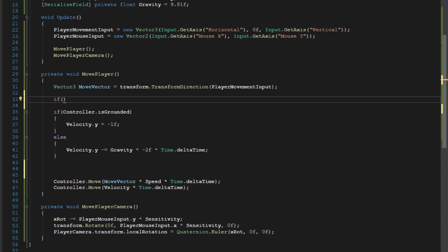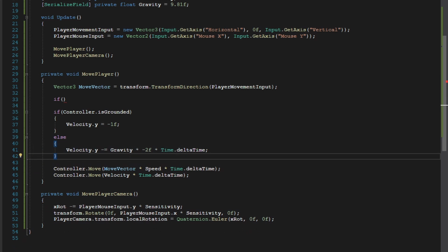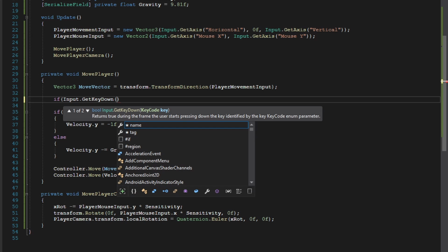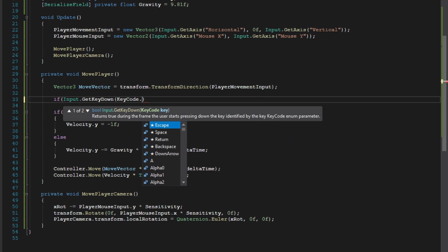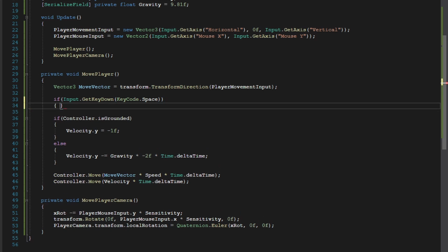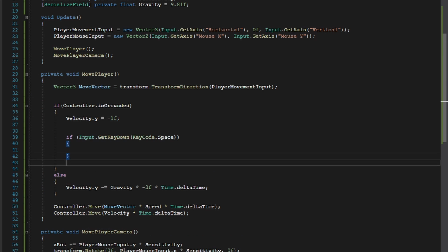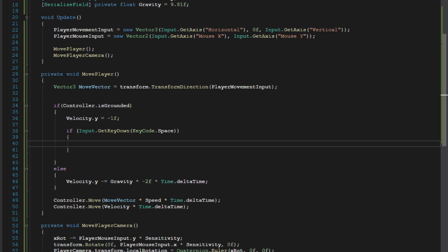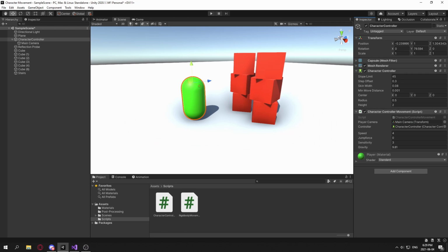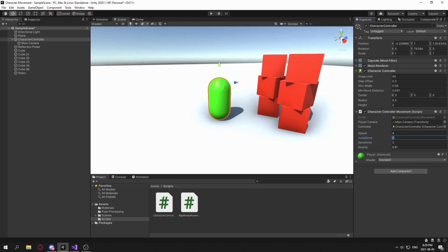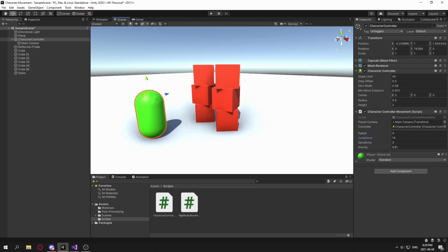Before we move, like before we apply all of our velocity and stuff, we do if Input.GetKeyDown KeyCode.Space, and we want to be grounded, so we're going to put this in our nested if statement, and we're going to set our velocity.y to our jump force. There. Now it is completely set up. All right, set our jump force to 10. Now if we play,